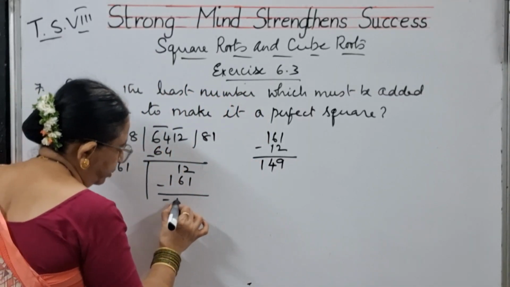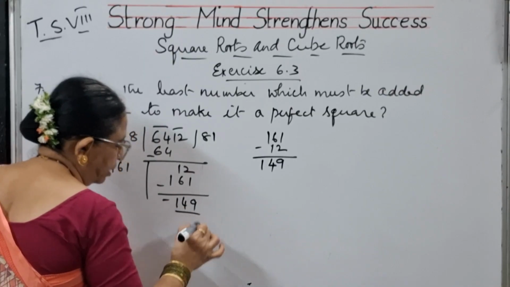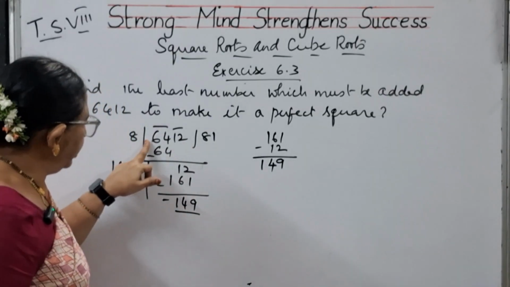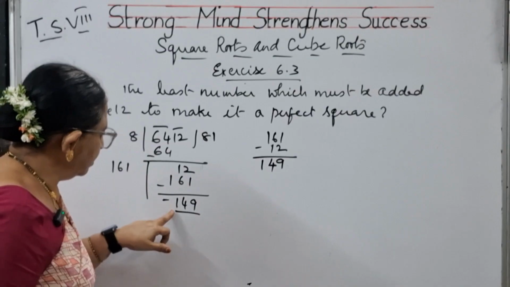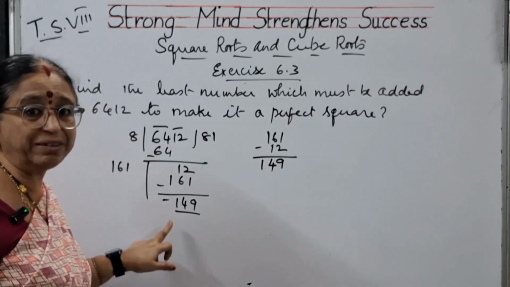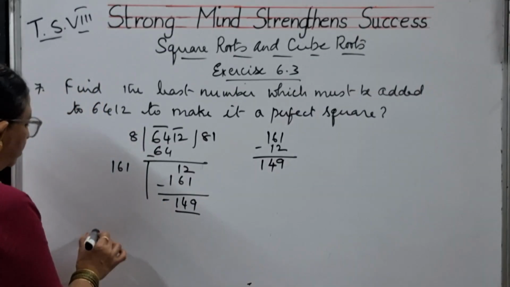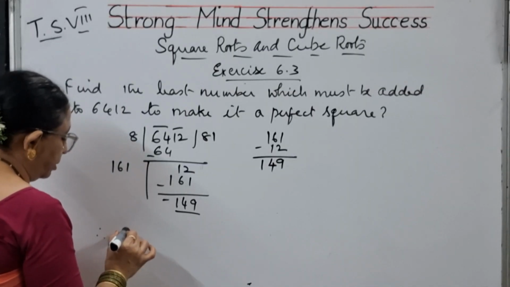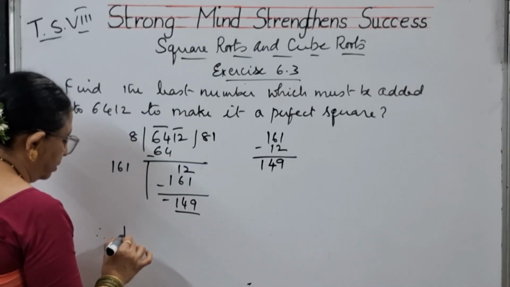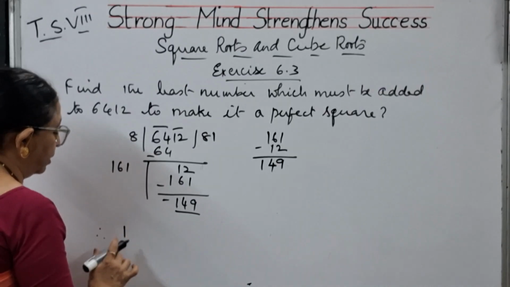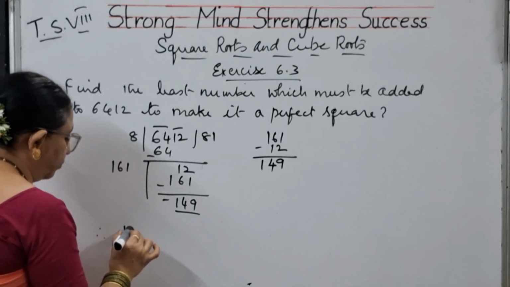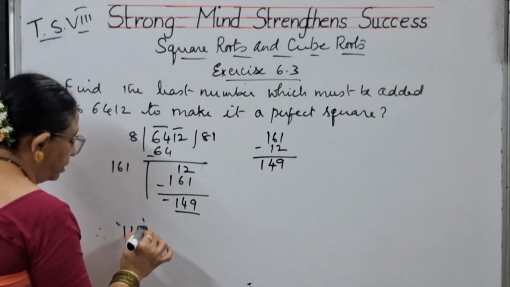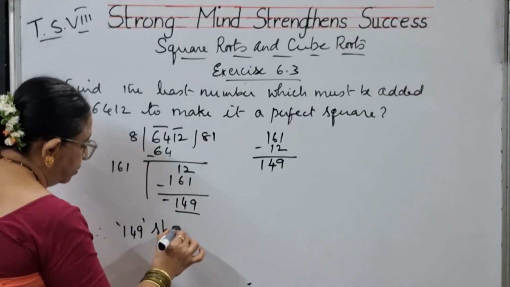This is extra how much? 149. That means what? To make this a perfect square, this is less. Minus means less. So what you have to do? What is the least number? The least number is, so that what answer you can write? If you add 149